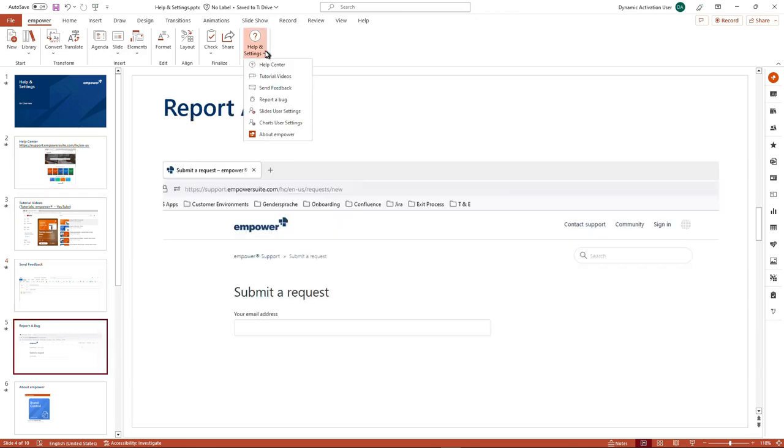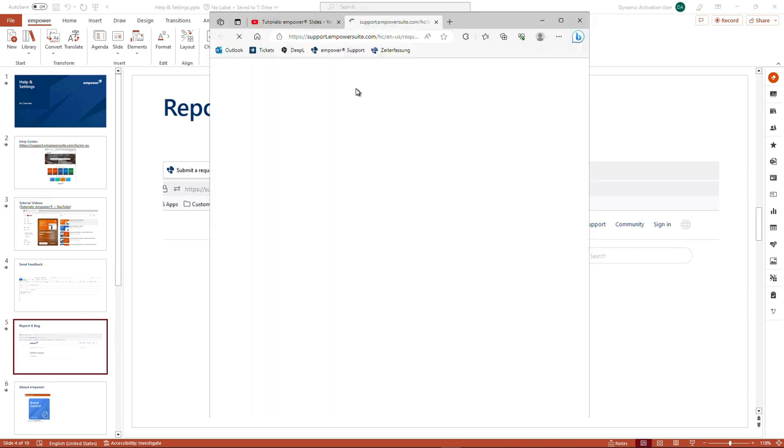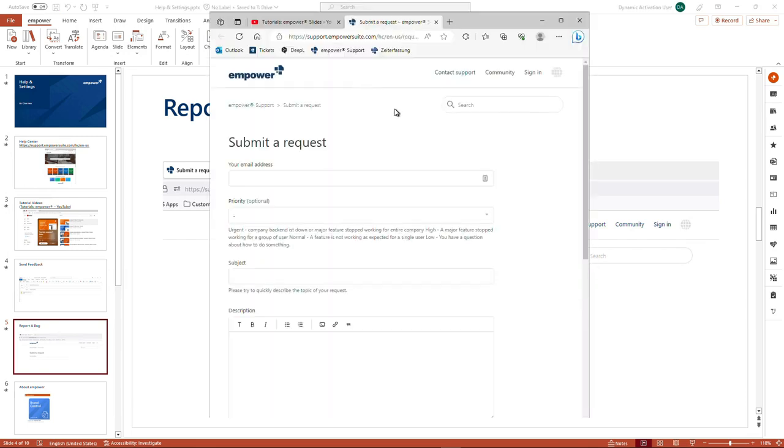We also have the feature Report a Bug. If you click on this button, depending on your specific setting in your company, you might either be redirected to an internal first-level support site or email address that has been set up before installing Empower in your company, or you are being redirected to our support site where you can fill in a contact form so that you are directly going to be communicating with our support colleagues that can assist you in your